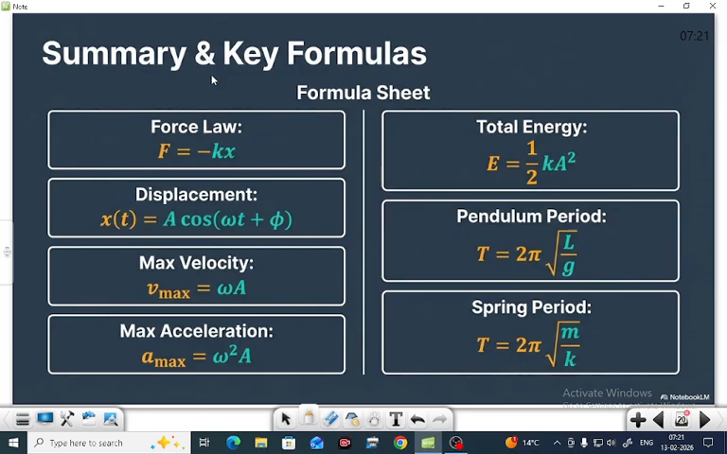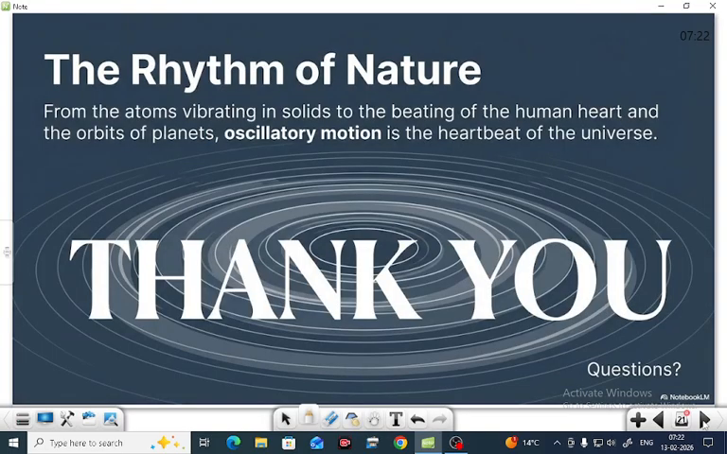And this is the key summary and key formulas. Formula sheet: force F equals minus kx, total energy half k A square, x(t) equals A cos(omega t plus phi), maximum velocity v max equals omega A, maximum acceleration omega square A. Pendulum period T equals 2 pi root over L by g, spring period T equals 2 pi root over m by k. And the rhythm of nature, from atoms vibrating in solids to the beating of the human heart